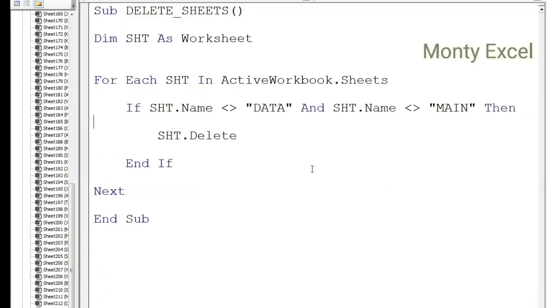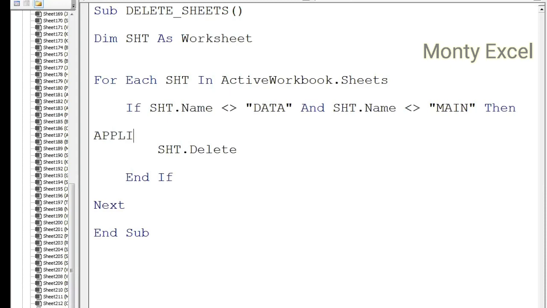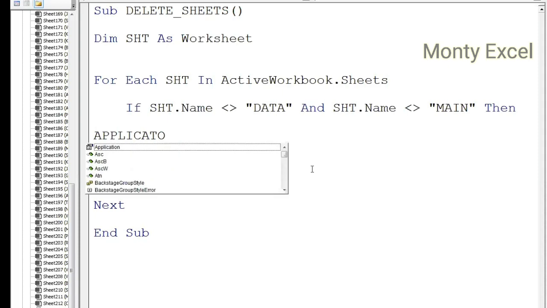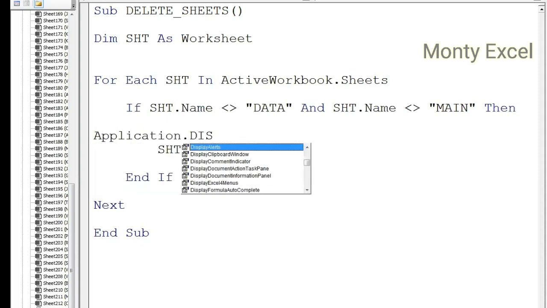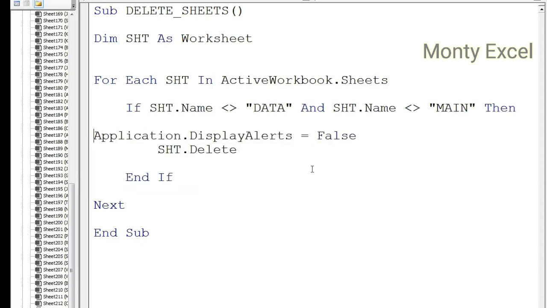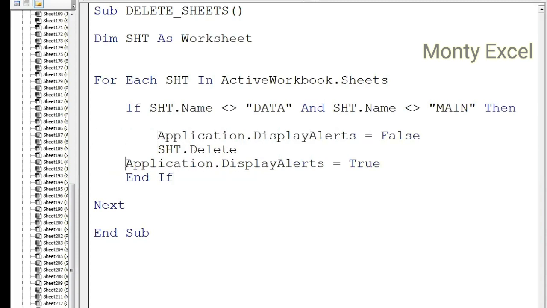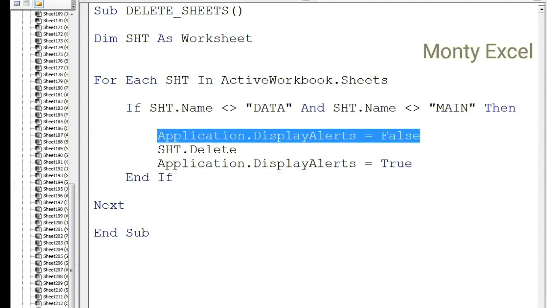Just remember this, because I'm going to expand on this more. I want to use, before Sheets.Delete, Application.DisplayAlerts = False. And after it, Application.DisplayAlerts = True. So what happens by using this single line of code is, first you are making, for this entire Excel application, a property called DisplayAlerts